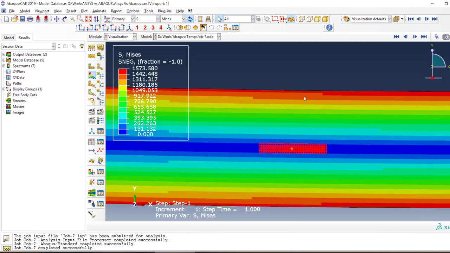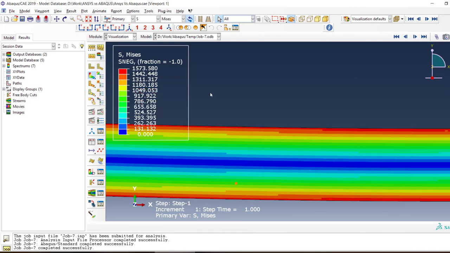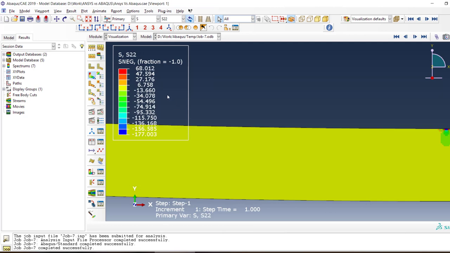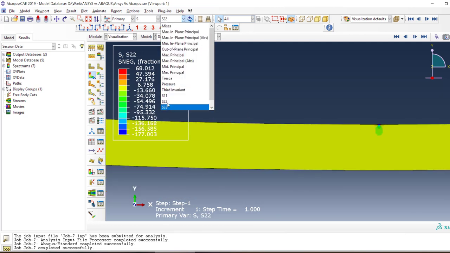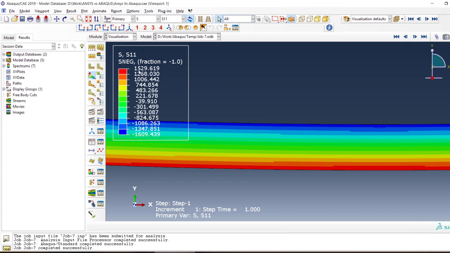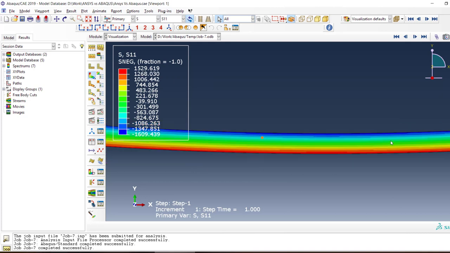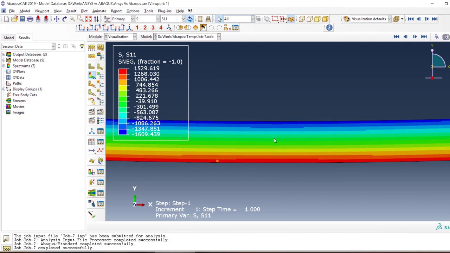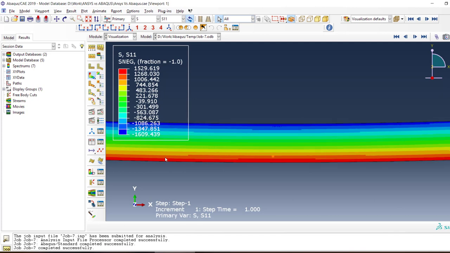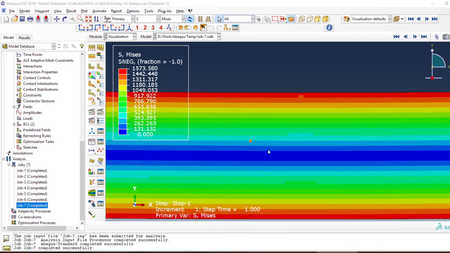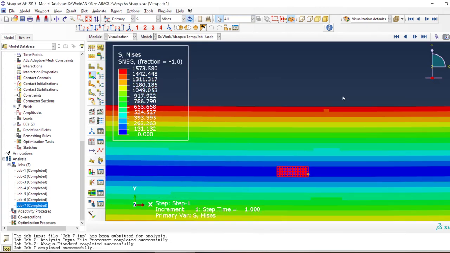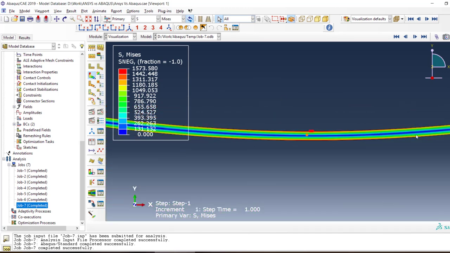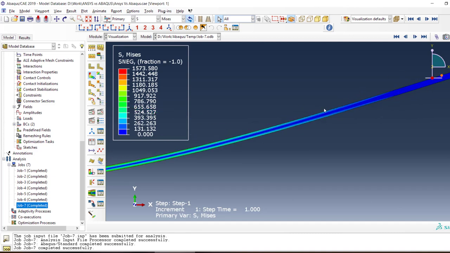and the highest stress should be on the outer edges, like the bending stress. So what is the bending stress here? That should be 1529. Now we can see which is due to the compression and which is due to the tension, because of the colors. Now as we can see, the neutral axis and the edges that have the highest stresses,